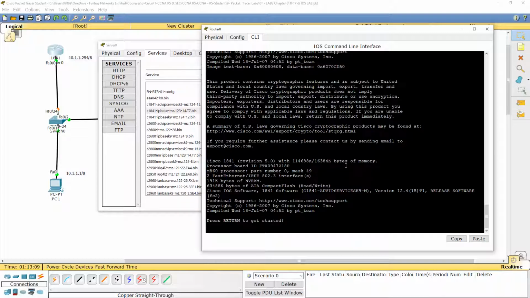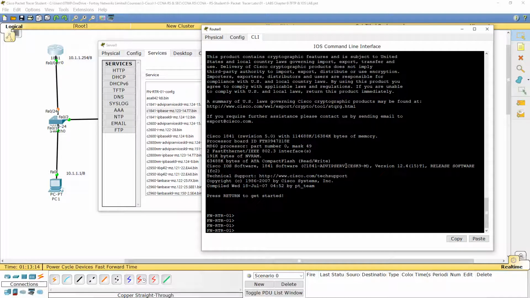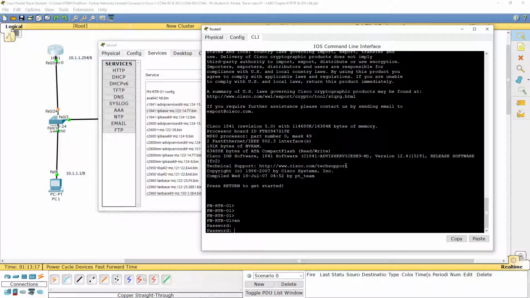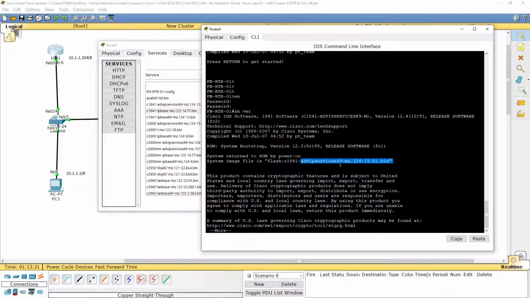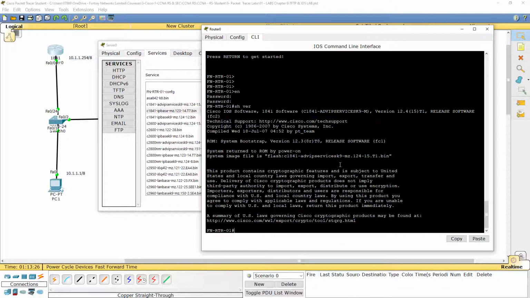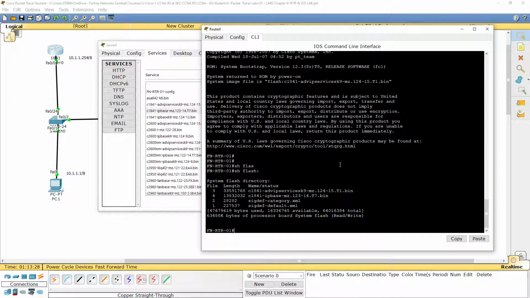Okay. So tell me, is the router back? So what happened? Have we got the right version? Okay. In the flash drive, now at least we have two versions. Sometimes on your operating system, think about it like the Windows operating system in your computer, you have Windows 7 and Windows 10. So you can have dual boot. In some computers you can do that. It gives you the choice of which operating system you want to go to.